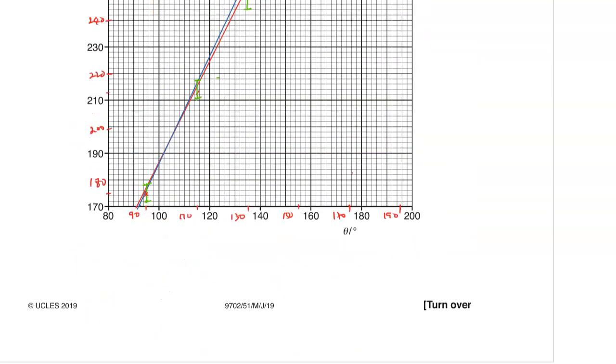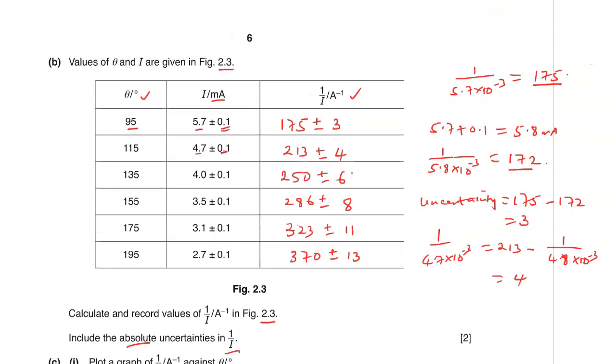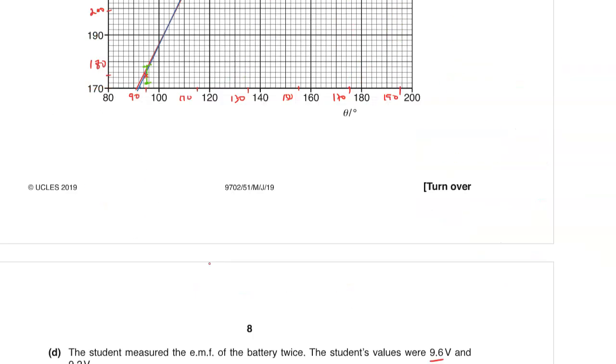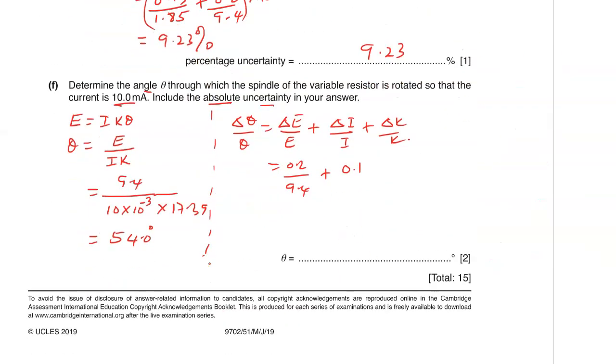Where do we get the 0.1? 0.1 is right here. The uncertainty of the current is 0.1. So 0.1 over 10 milliamperes plus the uncertainty of K, which is 9.23, and the value of K, which is